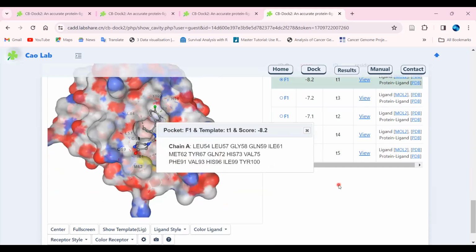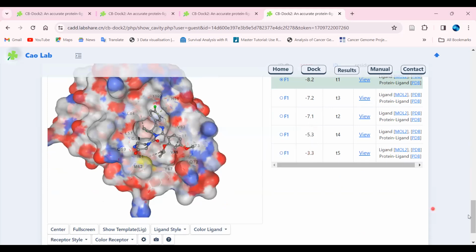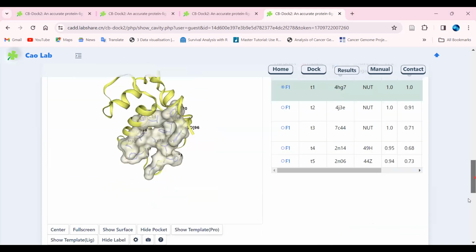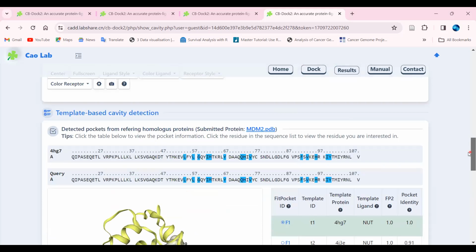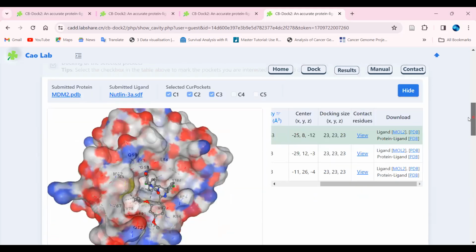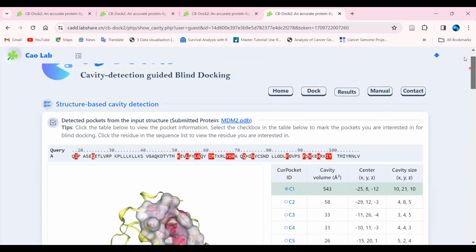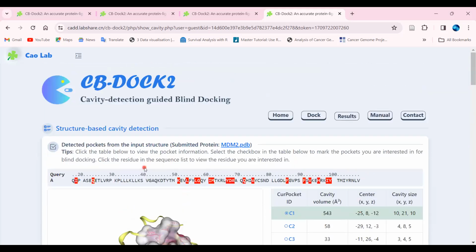So really good resource, you can explore both, and whichever you think, you can carry ahead the blind docking, or else the reference one with the template, as it's giving near about the same score. Based on your research findings and what you're interested in, you can carry this resource forward with further docking study, or the molecular docking approach for drug designing using bioinformatics resources. So really good resource, you can check it out with the link I will be sharing.